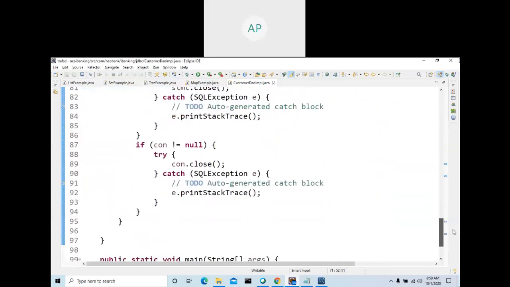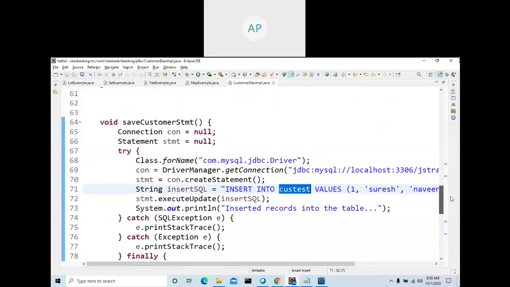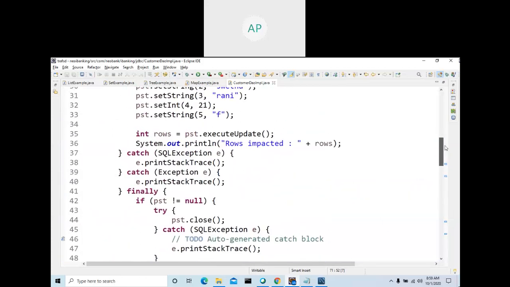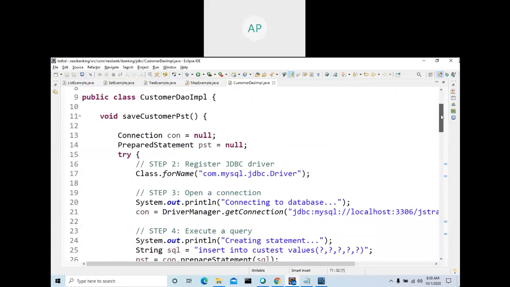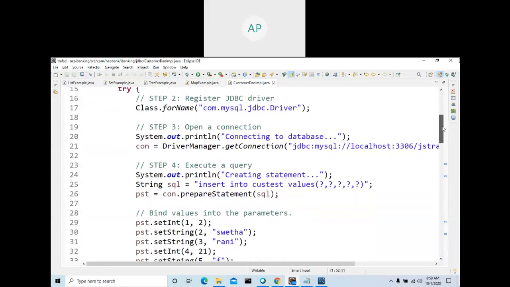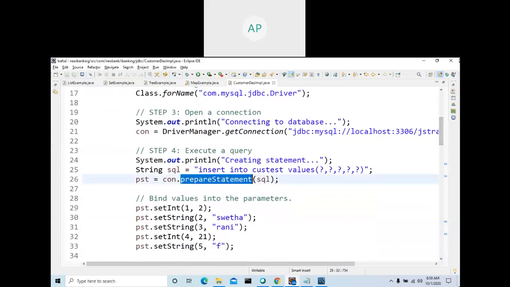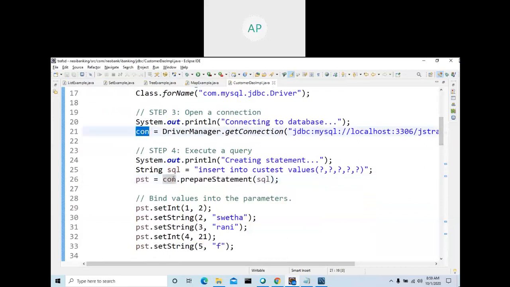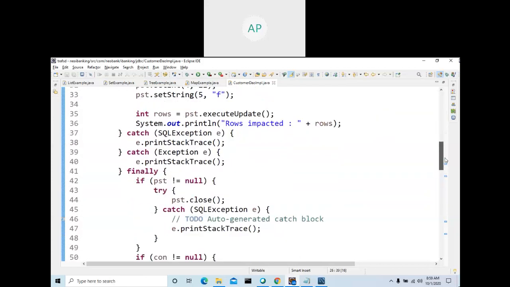So now we inserted the row from the Java program. This is the code from here to here, from here, save customer through statement. This is the code and this is the main method. So I wrote another method.